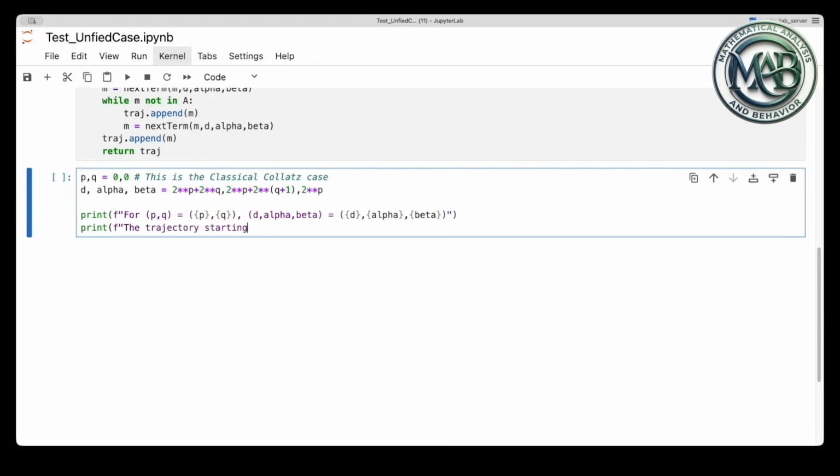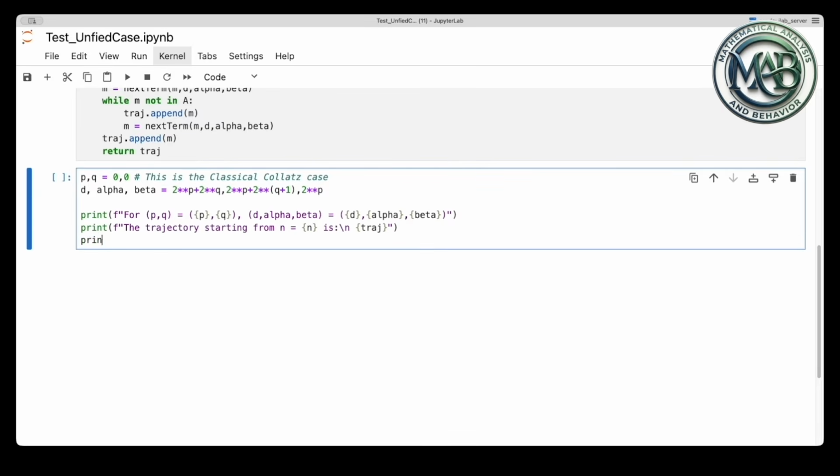After that, we use print statements to output the resulting list of trajectories for our starting number.